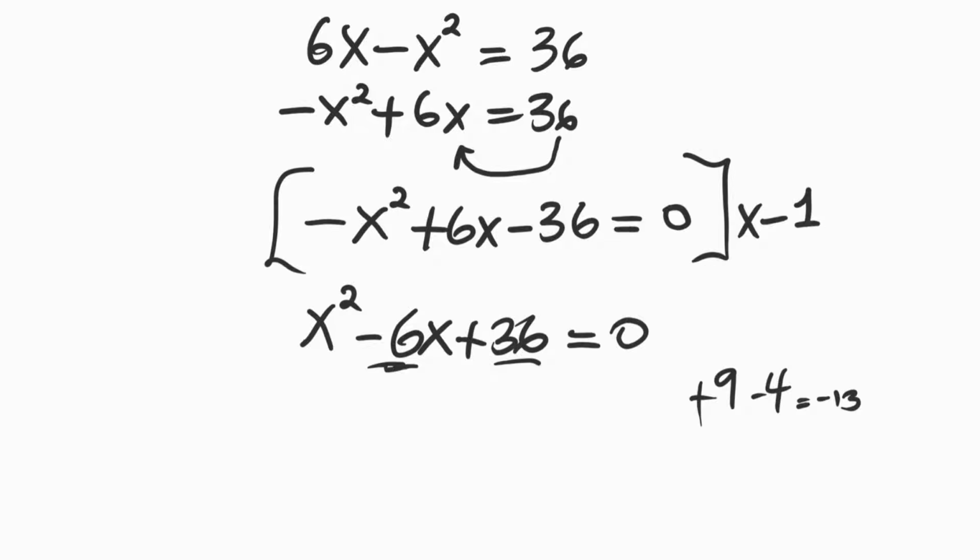And 9 minus 4 will give us 5, which is not what we want. 6 times 6, 36, that's not working. 12 times 3. 12 minus 3 is going to give us 9, which is not what we have in the middle. And if we multiply, we'll get minus 36. That's not what we want. Minus 12 minus 3, positive 36, but when we add, we get minus 15. So